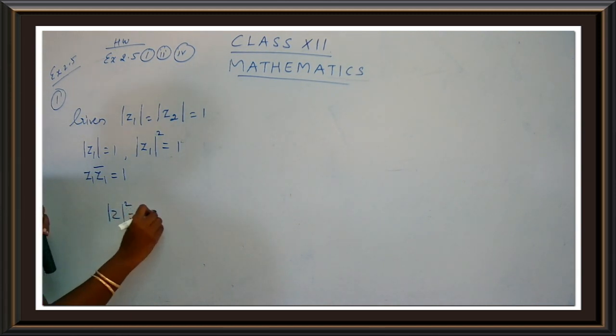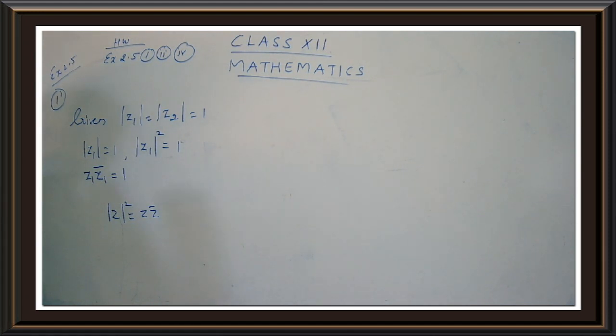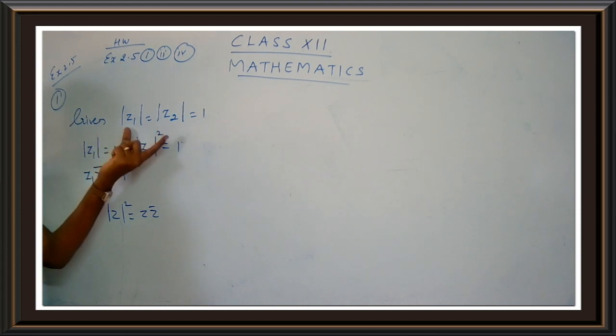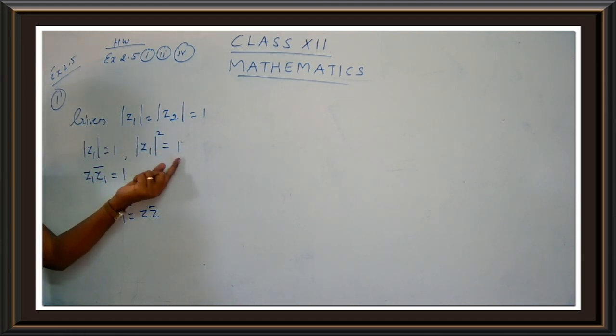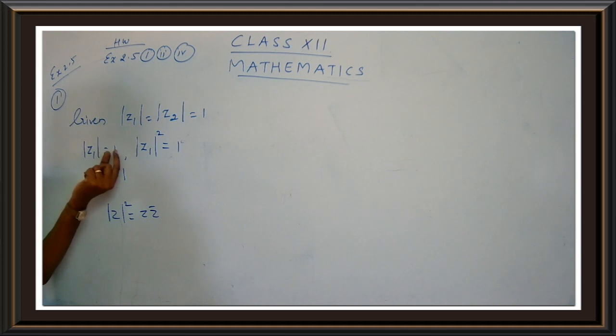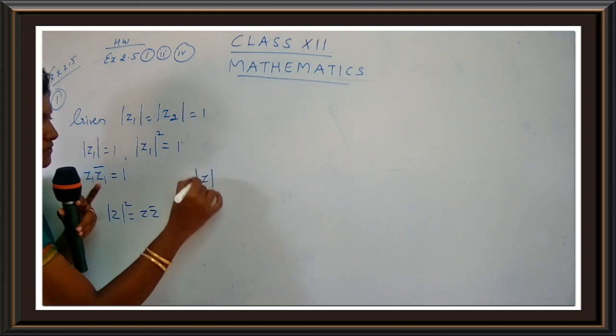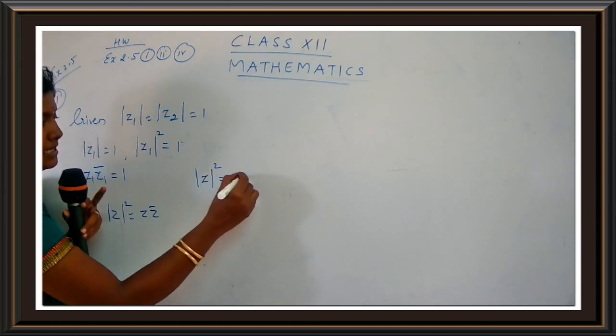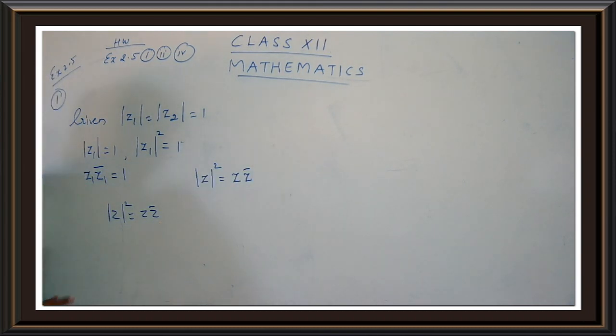Don't get confused. I'm not confusing you. So we were given modulus of Z1 is equal to 1 and modulus of Z2 is equal to 1. I'm just taking the first part. Now modulus of Z1 square will be 1 only. If you square, you are going to get the answer as 1. Same answer. Okay. So what is this property? The first property we have listed out: modulus of Z square can be written as Z into Z bar. Okay, children. So here we are dealing with Z1. So instead of Z, you are going to write down Z1 and Z1 bar. That's all.